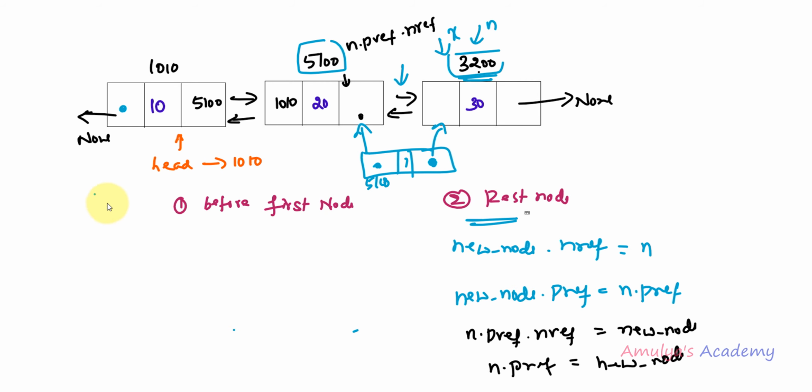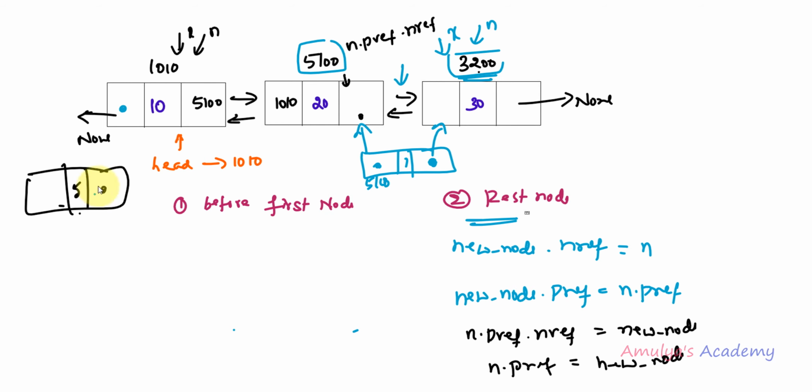But I said in this method we need to be careful about one thing, that is we need to check whether we are inserting the new node before the first node. Let's see what will happen if I insert the new node before the first node. I'll create new node like this. Initially it is pointing to none. Next I'll check these statements one by one. New node nref equal to n. So this is new node nref equal to n. So now this is x and this is n, because we are inserting the new node before the first node. So this is x and x n.